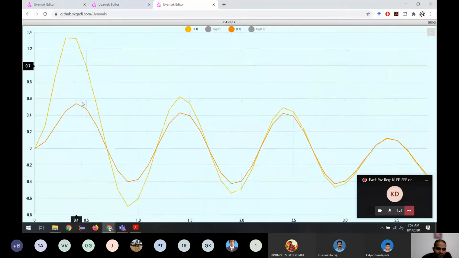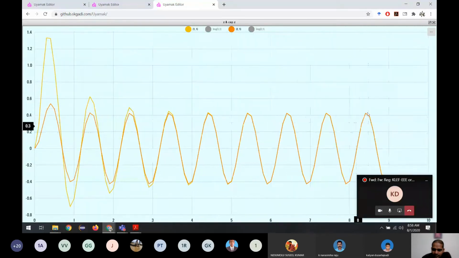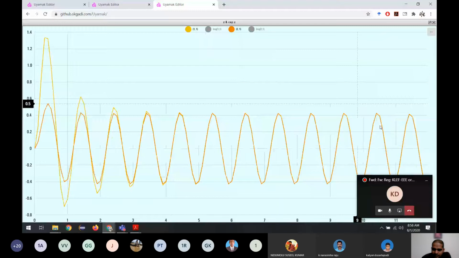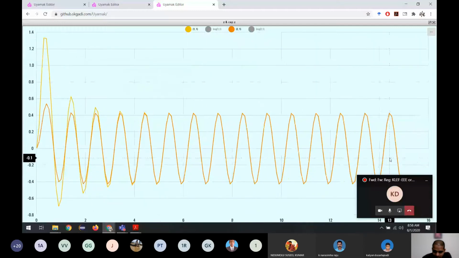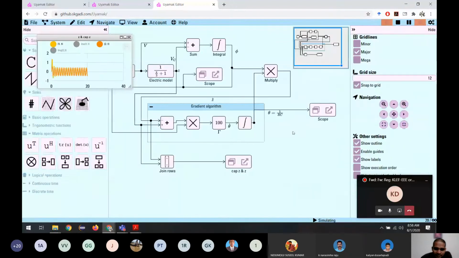So if you see, initially there is a big difference, but as the time progresses, both of them are coming closer and closer, and we can see both are the same value after some time. What it means, and something very important we need to understand, is maybe the estimated parameter is not correct. Maybe it's not accurate because of some noise or some other reason. But this model, what we are predicting, is the best possible thing we can come up with in the given scenario. So whatever input you are giving, the system is behaving exactly like what we have in our computer simulation.